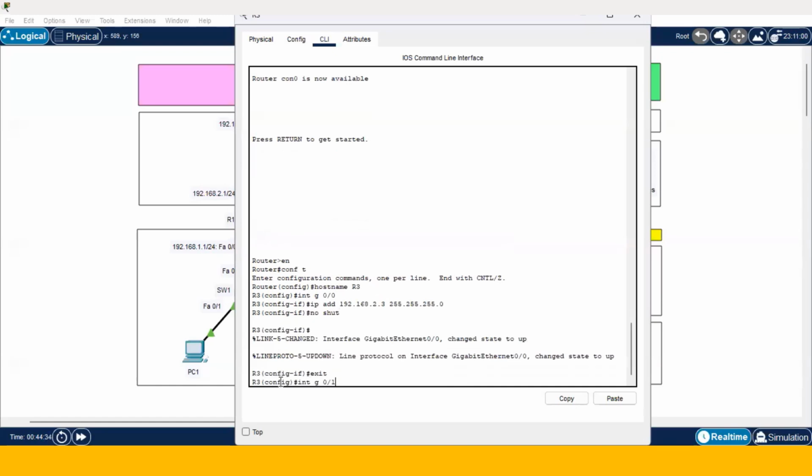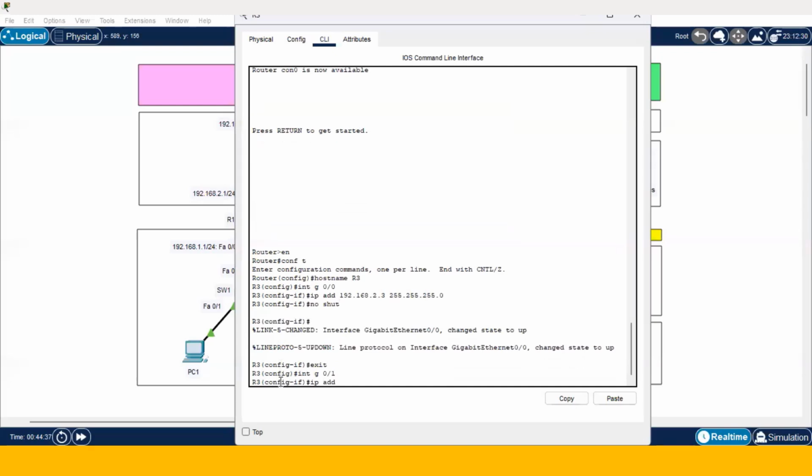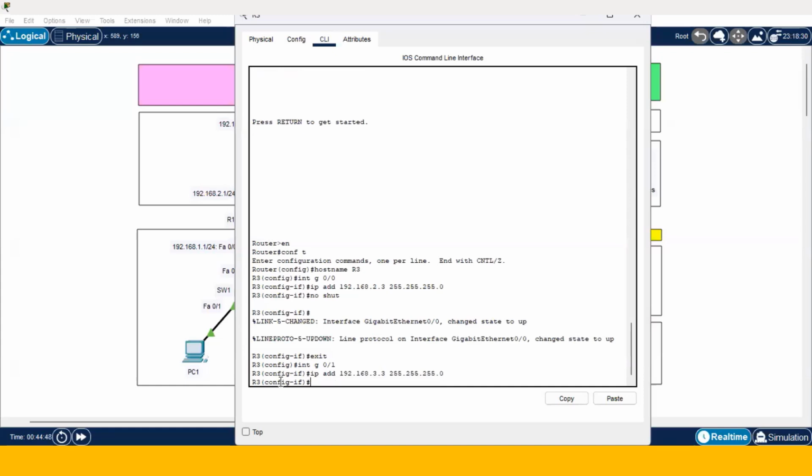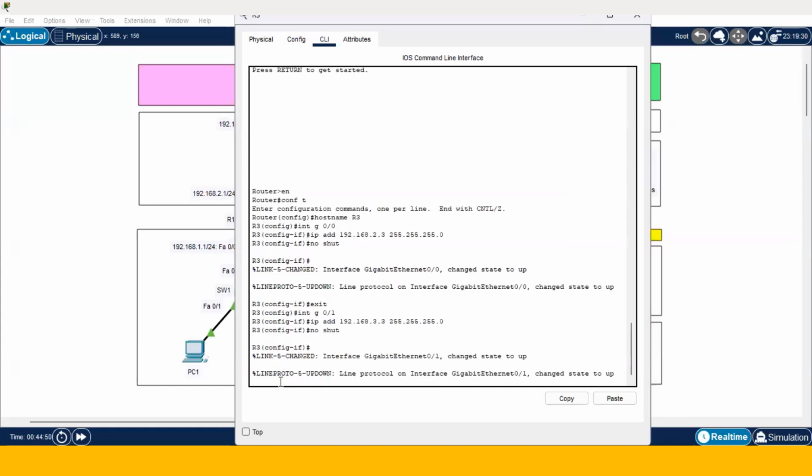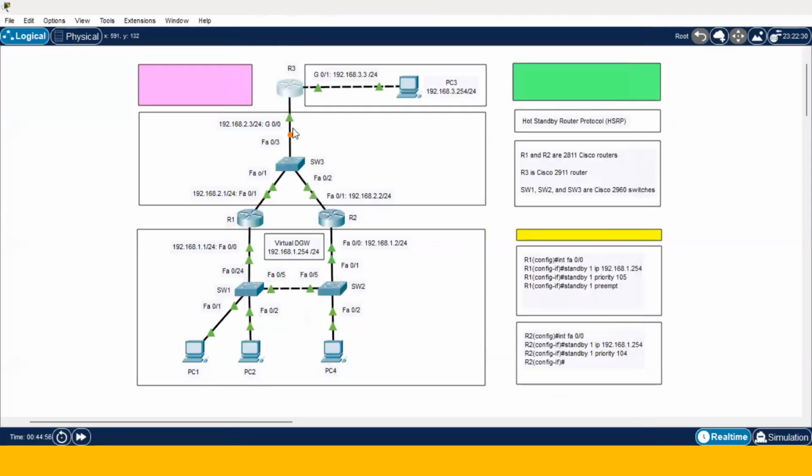Interface G0/1, ip address 192.168.3.3 255.255.255.0, no shut. The basic configuration on Router 3 is completed. We have renamed it to R3. We have configured G0/0 with this IPv4 address and subnet mask, and G0/1 with that IPv4 address and subnet mask. There are three networks in here: the first network, the second network, and the third